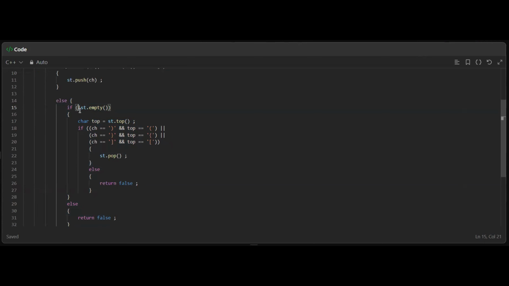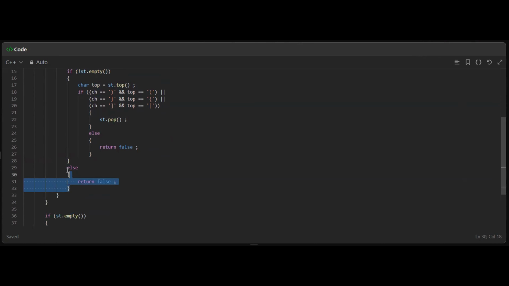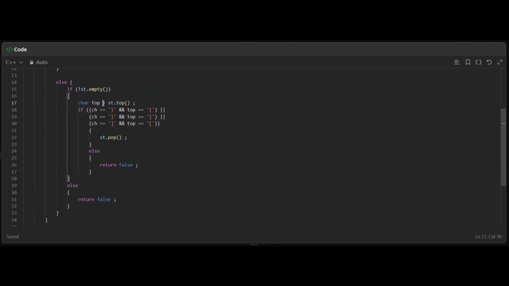So suppose we found a second bracket, but our current stack is empty. That means before finding this second bracket, we did not find any of the first brackets. So in this case, we have to return false. Otherwise,